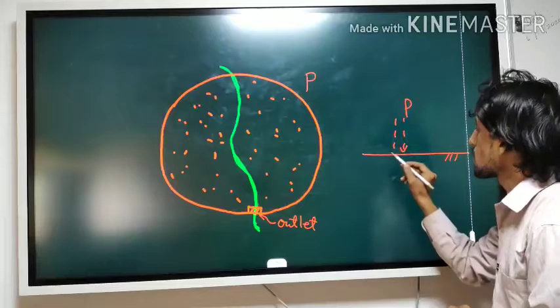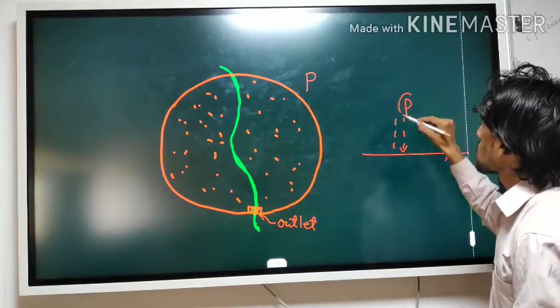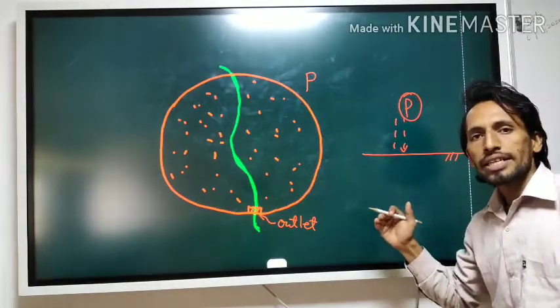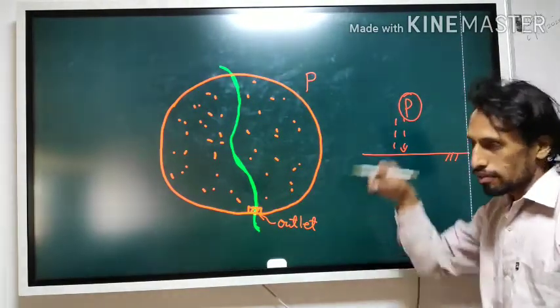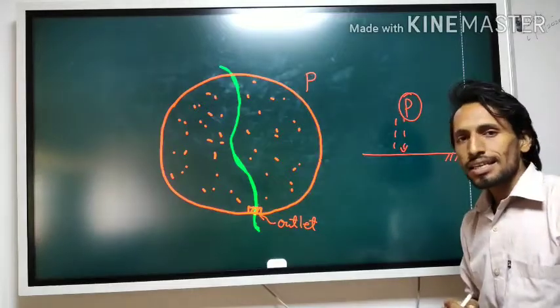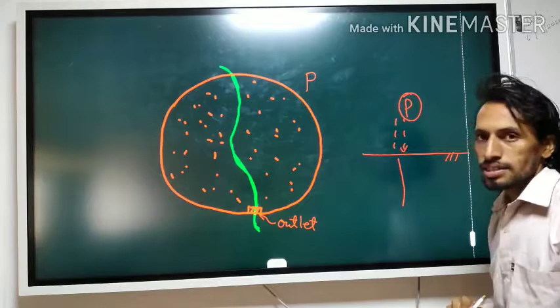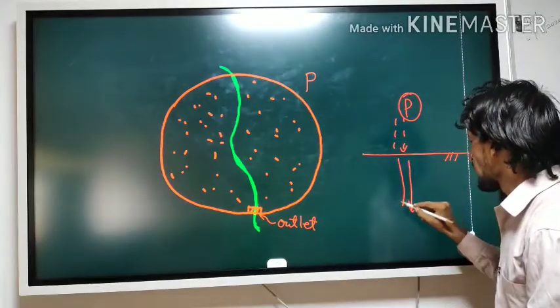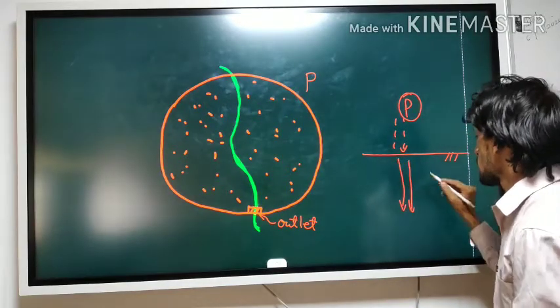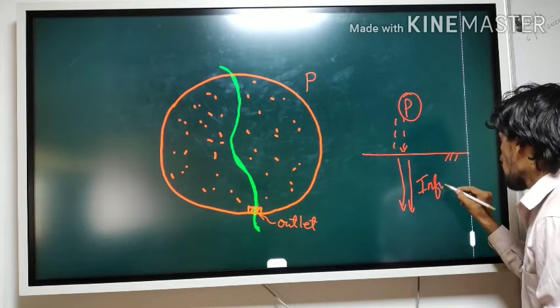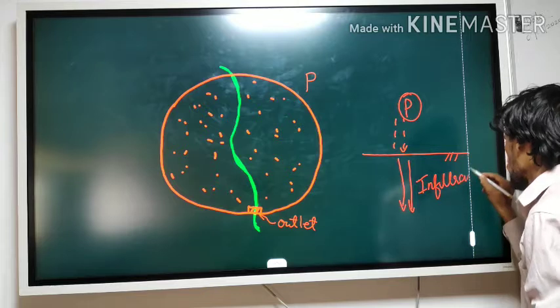Some part of P will be abstracted by the ground, it will infiltrate inside the ground. So this P will break into two parts. The first part is going inside the earth, which we call infiltrated